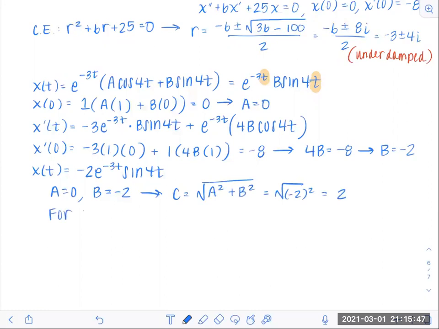So for alpha, we know that A is 0 and B is negative. So what does that mean? It actually doesn't fall into any of the categories for our alpha equation because those are all based on whether A and B are positive or negative. And none of them are considering when one of them is 0. So instead, what I want you to think of is,